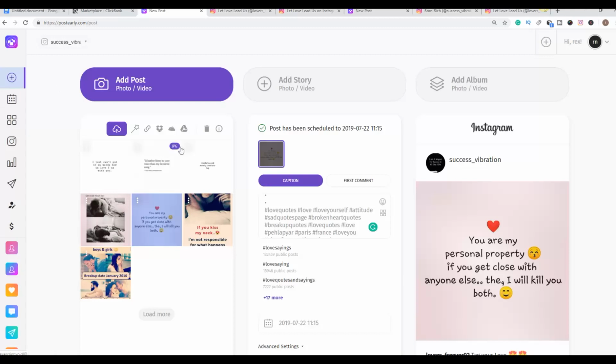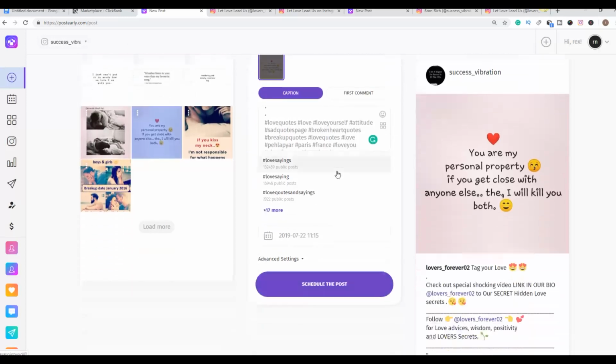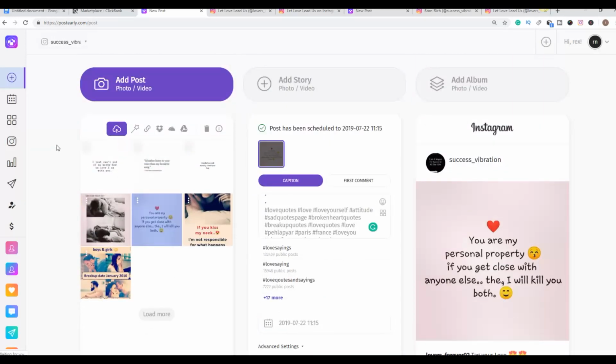So you can schedule posts for even 1 week or 2 weeks with this method. So you can have a lot of Instagram accounts and schedule posts. You can take even 1 hour and schedule posts for the next 1 week with this method. So that's it, guys. So let me show you another powerful method